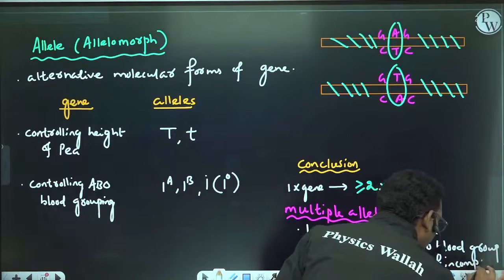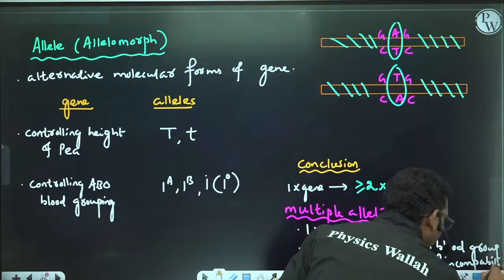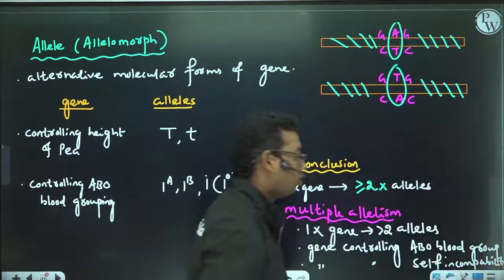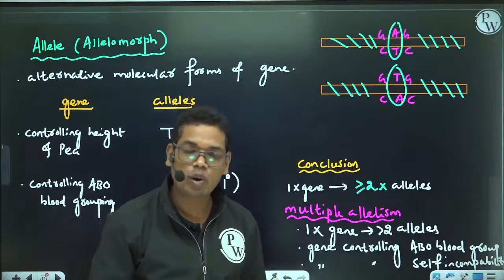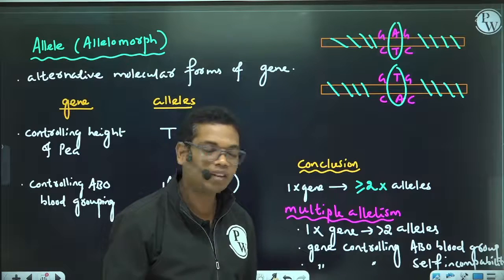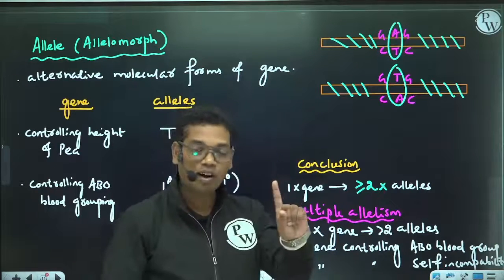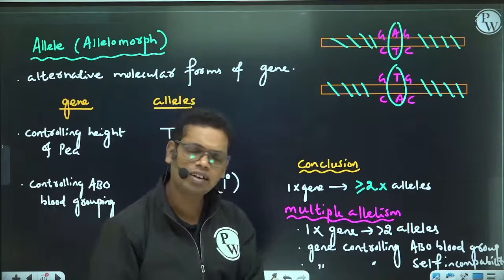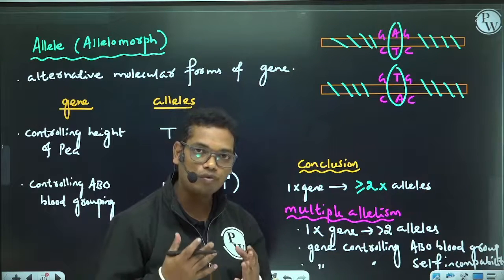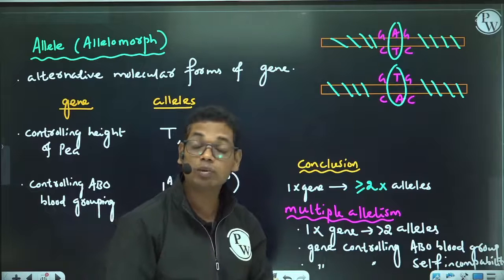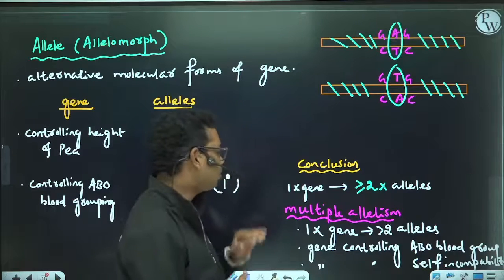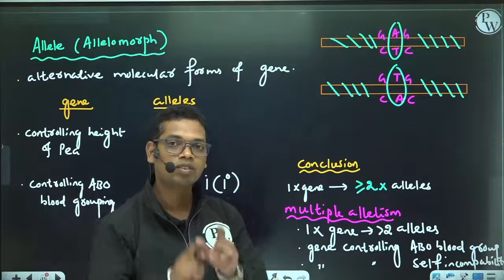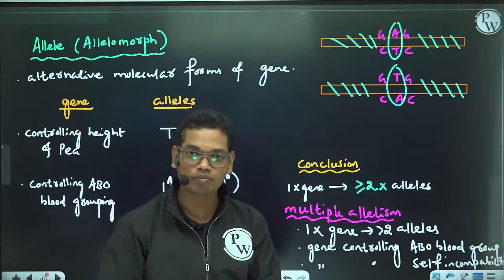You might have heard about gametophytic self-incompatibility and sporophytic self-incompatibility, right? One gene is responsible for that, and that one gene has multiple alleles. The existence of multiple forms of a given gene, that is, multiple alleles of the same gene, is called multiple allelism. And remember one thing, if the organism is haploid, then